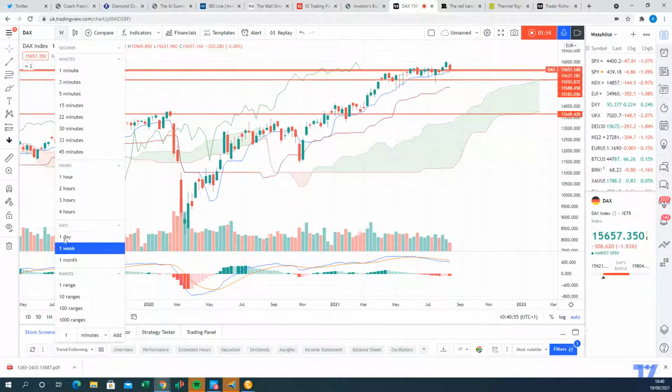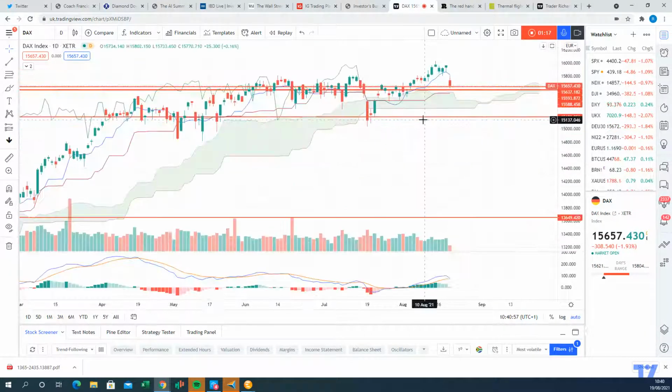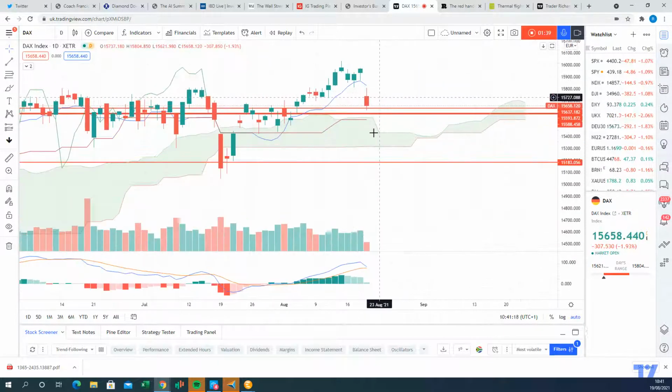Now turning to the daily. On the daily chart, we are on our way to test top end cloud chart support levels, with a bit of a gap down, so we can expect some support to come in at the top end of the cloud here, as well as the standard line. There's a cluster of support in and around these levels at 15,567. The front end of the cloud level failed, so we'll be interested to see if support will be regained at that level, but we are a little bit extended from the cloud, and we are looking at downside,